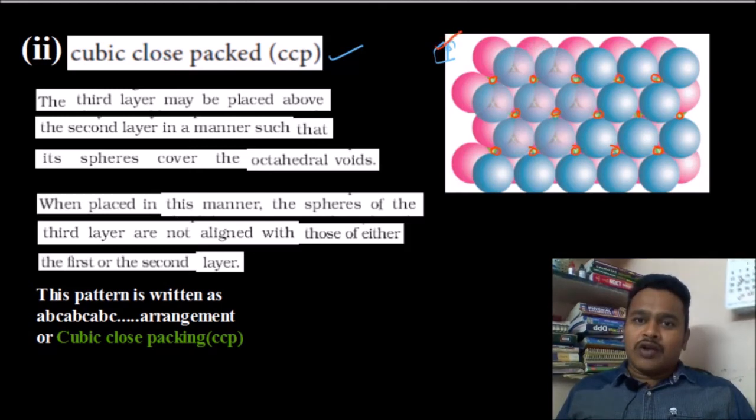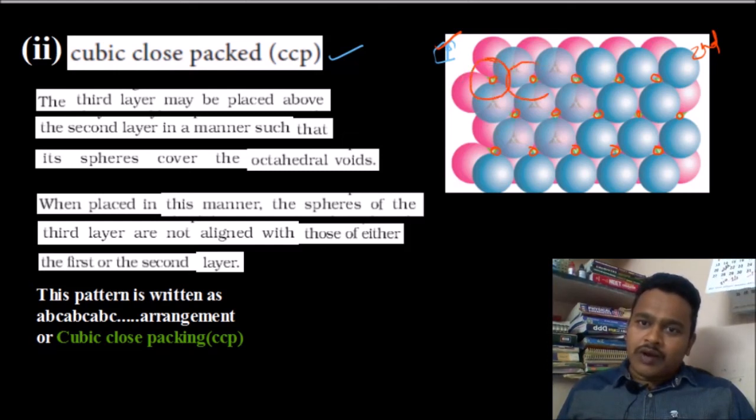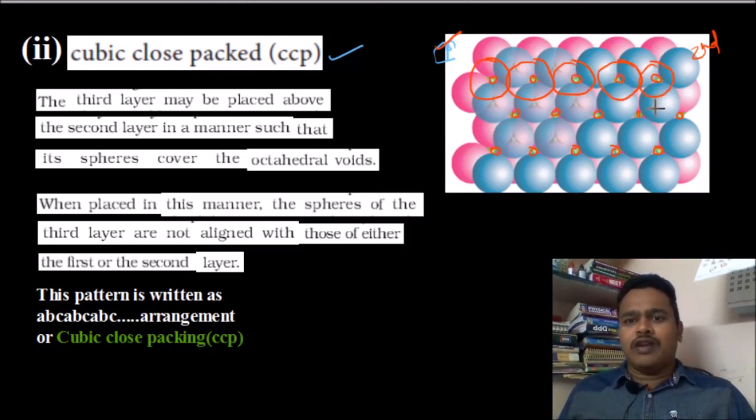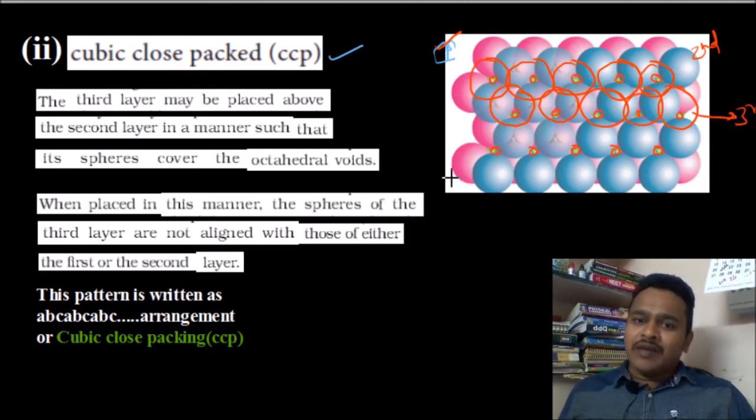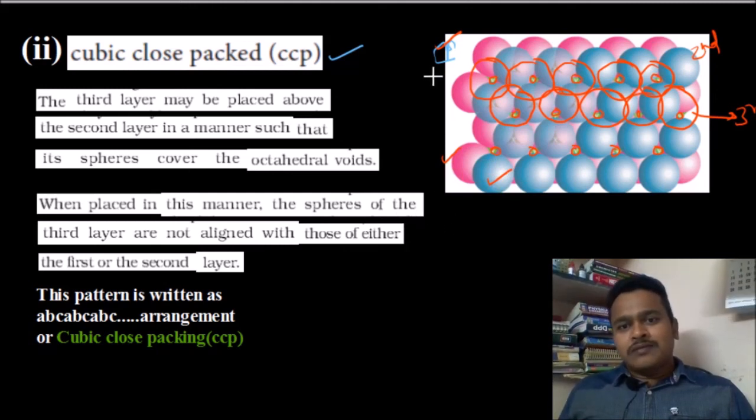Now the first layer is over and the second layer is over. Now we are going to fill these octahedral voids. Here one void, here one void, here one void, here one void. Like that you fill them, and the third layer will come. Now we observe that this third layer is not aligned with the first layer or the second layer, so this is a new type.